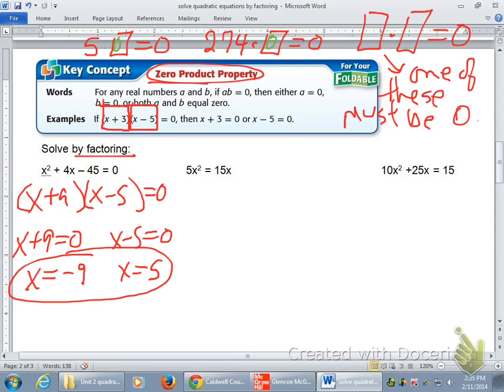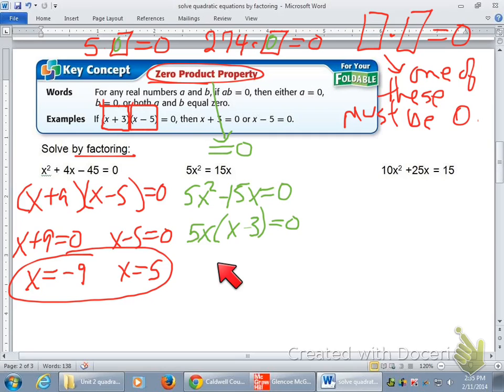I can't use the zero product property unless it says equals 0, right? So I got to have 5x squared minus 15x equals 0. How do I factor this? GCF, good. 5x and x minus 3 equals 0. Now some people miss this. Is this the same concept as these two boxes up here? Sure it is. Even though it's not two binomials, it's still